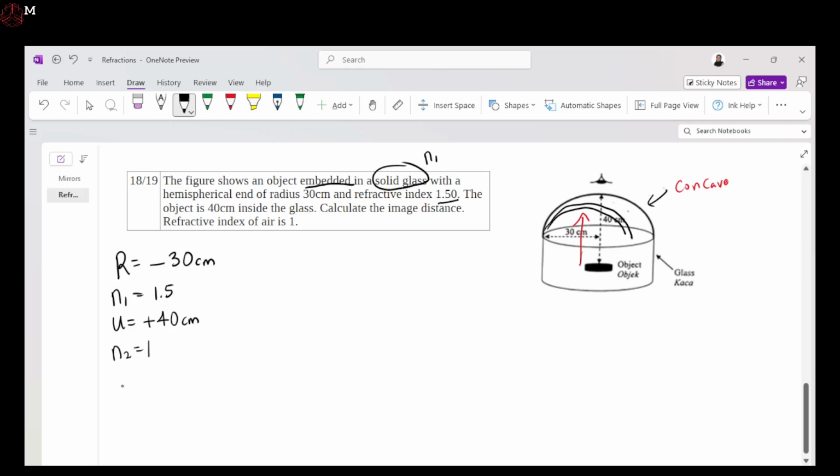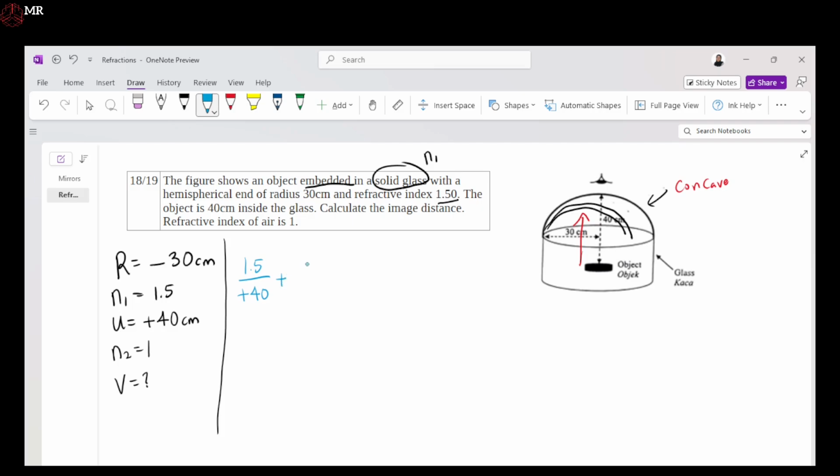And now I'm looking for the image distance, which is v. At this point, you can apply the equation that we've had. We have n1, which was 1.5. Let me just change colors. There we go. I have n1, which is 1.5, over u, which is the object distance, which is positive